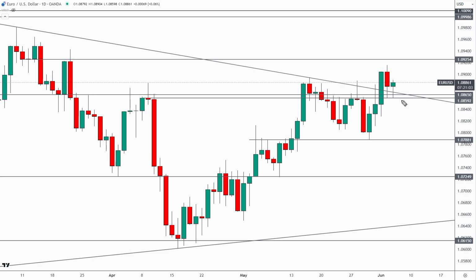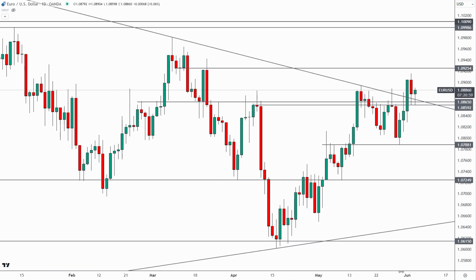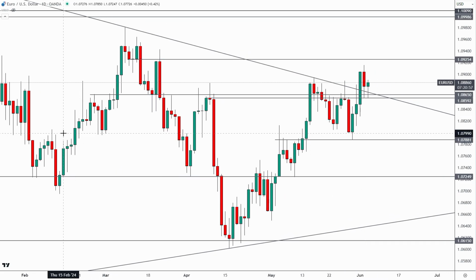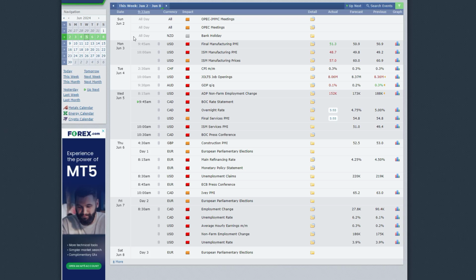So this right here is going to be the area to watch as we head into Thursday's ECB. Now, let's talk through a few scenarios here for the Euro USD and talk about what we could get from Thursday's ECB rate decision and statement. First of all, this is the rate decision and statement and also the press conference that I'm referring to here. On Thursday, we have the main financing rate. We also have the statement to go along with it. 30 minutes later, we have that press conference. So all of this is going to trigger significant volatility for the Euro USD.